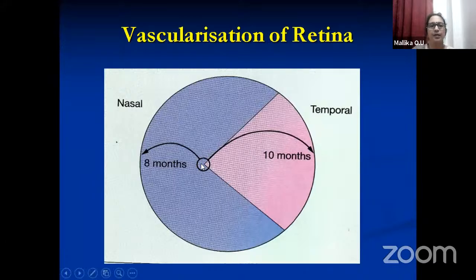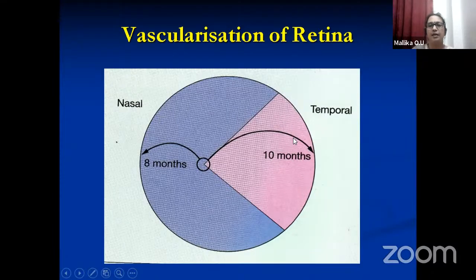This is the optic disc. This is the nasal retina. This is the temporal retina. The temporal retina area is large, and hence by the 8th month the whole nasal retina is vascularized, but the temporal retina is only up to this, and 1 month after, that is 9 months, is our normal